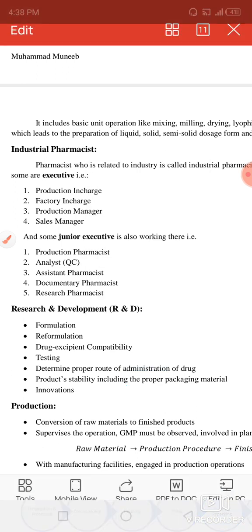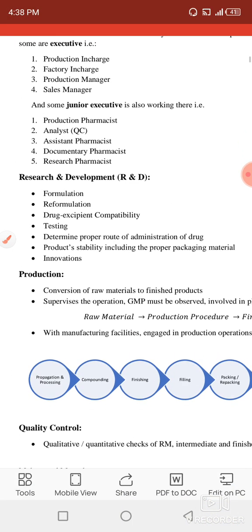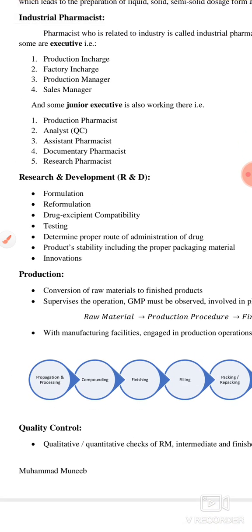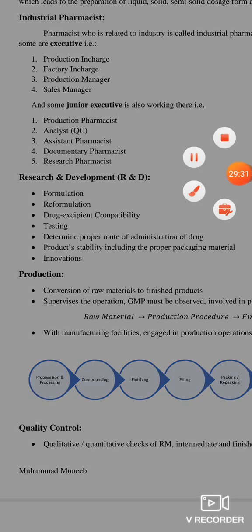Then there is research and development, where pharmacists play an important role in the formulation and